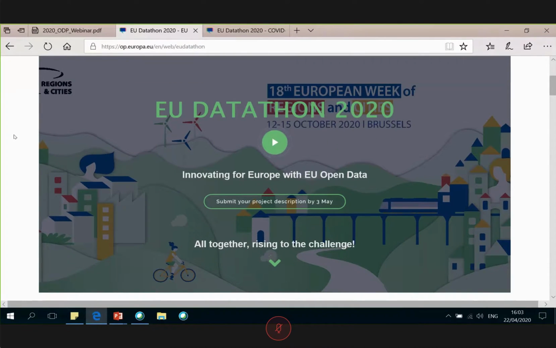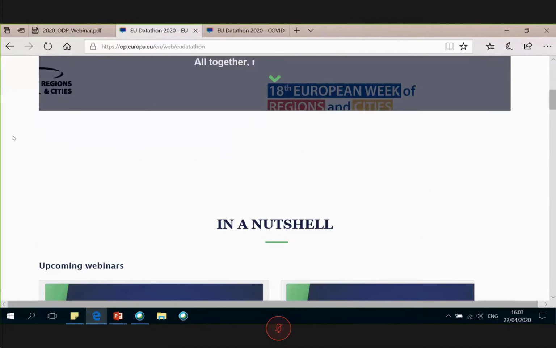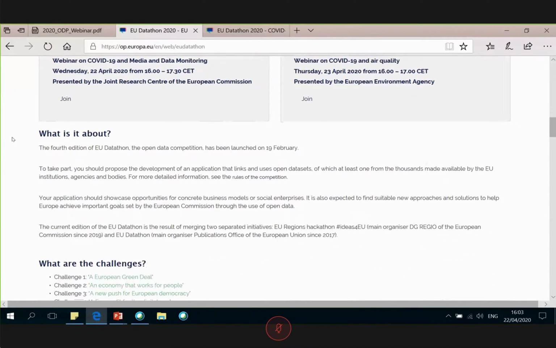As you can see here, the purpose of the competition is to bring innovative ideas to Europe with open data, according to 4 challenges based on the priorities of the European Commission. So, in a nutshell, to take part, you should propose the development of an application that links and uses open datasets, of which at least one is from the 1,000 available from the EU institutions, agencies, and bodies. This is your chance to demonstrate the potential that open data presents in today's society, and to show your creativity and talent. And it's also your chance to claim your share of the total prize fund of